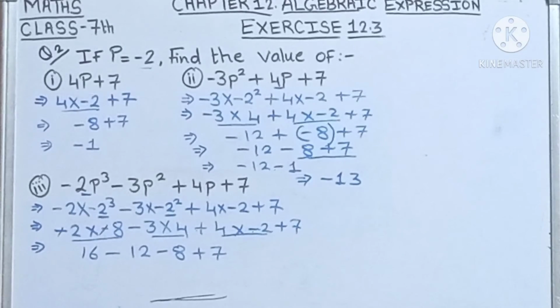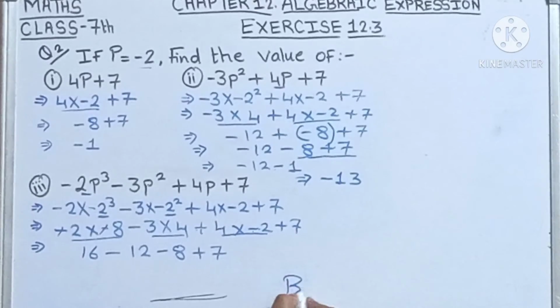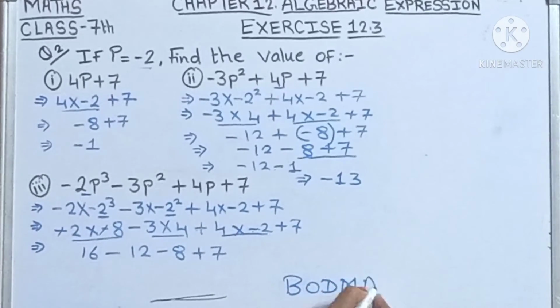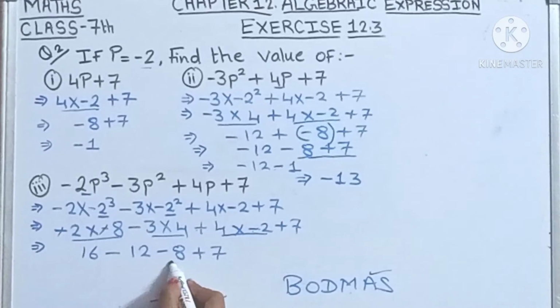Are you getting it? What I did? Now in the next step what we have to do, here there is a lot of confusion about which term to solve first. We can solve any term first, the answer will be correct, but we will follow the BODMAS rules, means BODMAS. This is the rule. B means bracket, O means of, D means divide, M means multiply, A means addition, and S means subtraction. So after the multiplication comes addition. So we will underline the terms which have to be added. This addition that is visible, we underline it.